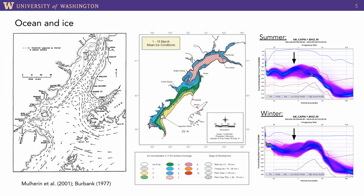If you look here around your typical band of 7 to 14 seconds, in the ordinary regional microseism part of the spectrum, for the station CAPN, if I remember correctly, is somewhere around here. Maybe it's north of Kenai, but it's right on the coast of the Cook Inlet. You can see that, of course, the regional microseisms are stronger in the winter because there are large winter storms driving large ocean waves on the Pacific coast. And while those regional microseisms are muted in summer, you can actually see there's a new distinct microseism peak, which